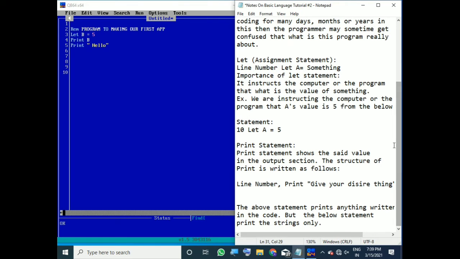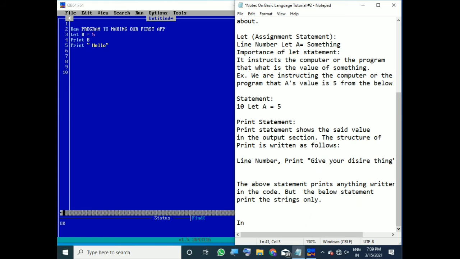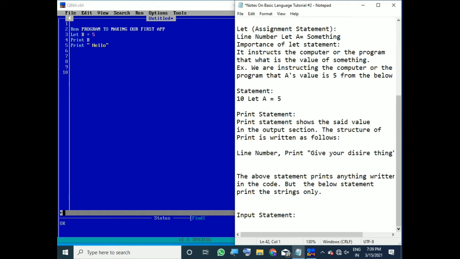So this has been the print statement, so our print statement is also done. Let's now move on to the input statement. So what is the input statement?